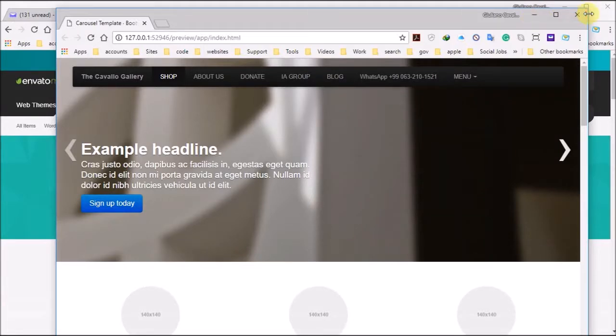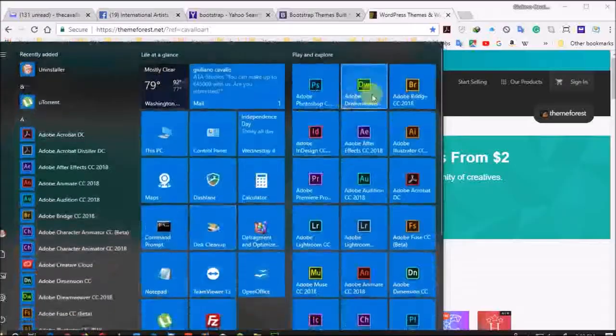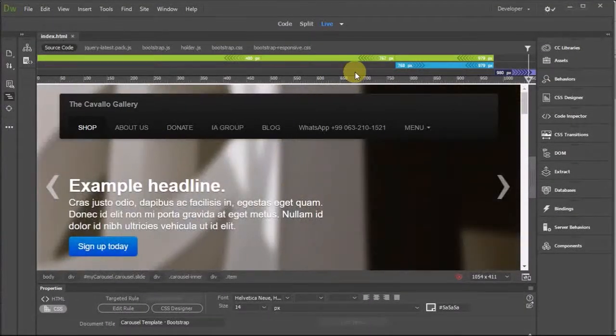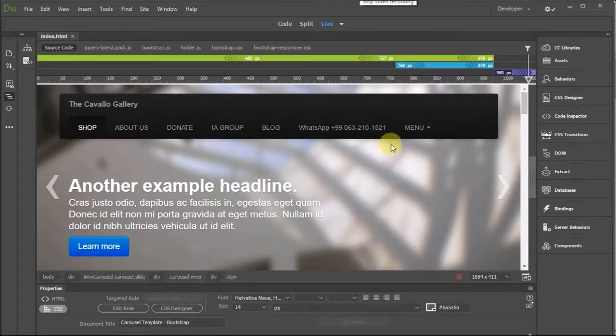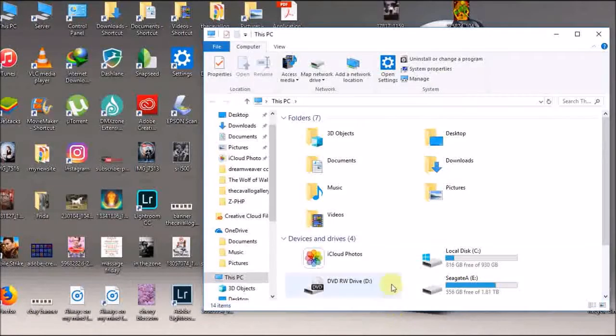So we have Dreamweaver open. If you don't have Dreamweaver, you can get a code editor that works with Bootstrap. I have seen it. It's not impossible, and it won't cost you a thing. Now, we have these images for the slider inside the root folder. Now, the root folder that we created,